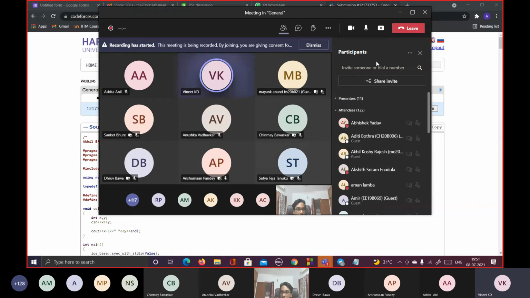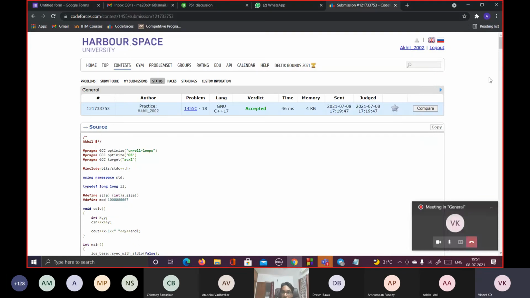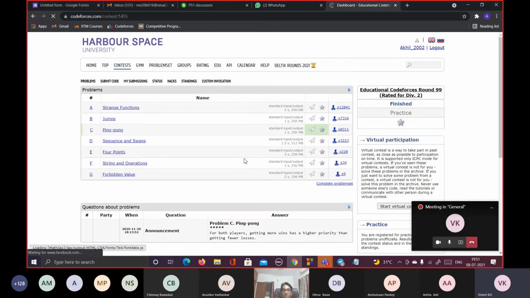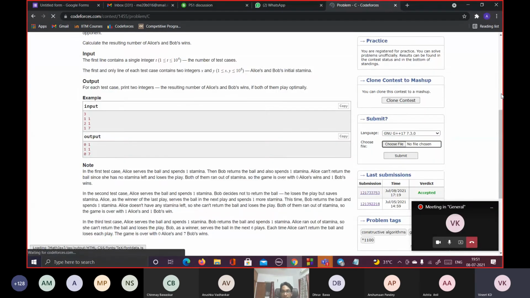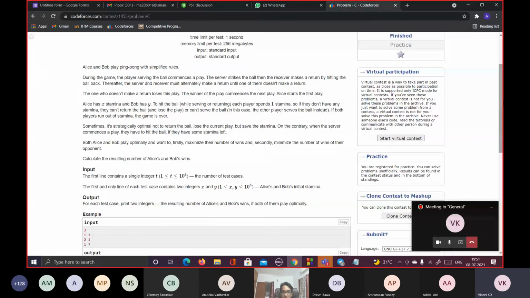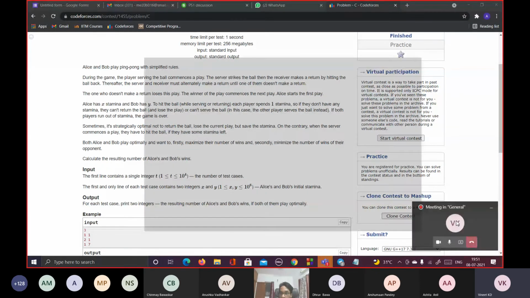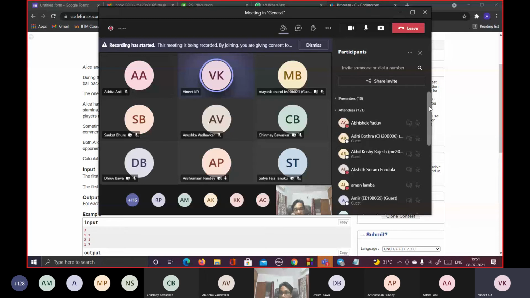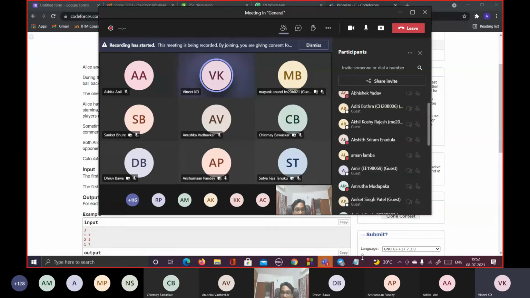Actually in this problem, the solution is quite simple, the code is quite simple. You just need to take x and y as an input and print x minus 1 and y. But the logic why you exactly do that is a bit trickier. That's what Akhil was trying to explain. So if any one of you have any doubt from the logical point of view, you can ask why we exactly did that. Akhil, I think you did quite a good job in explaining the logical part, why we have to print x minus 1 and y.